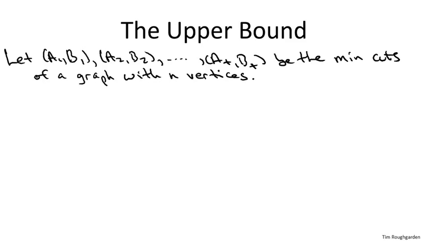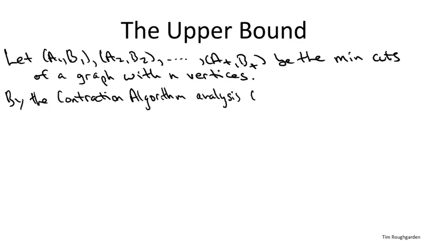So how is that useful? Well, let's apply it here. For each of these t minimum cuts of this graph, we could think about the probability that the contraction algorithm outputs that particular min cut. So we can instantiate the analysis with a particular minimum cut, (Ai, Bi). And what we proved in the analysis is that the probability that the algorithm outputs the cut (Ai, Bi), not just any old min cut, but in fact this exact cut, is bounded below by,